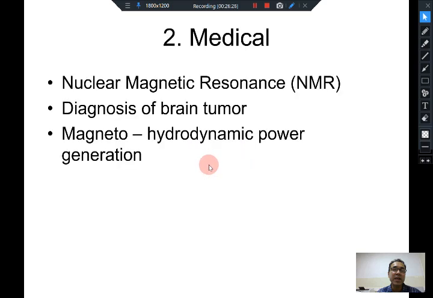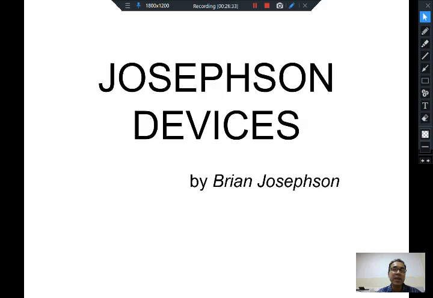So that gives you an overview of different applications, and there is one very important application which uses something called Josephson devices of superconductors. This is a very important aspect of superconductivity, which has numerous and very important modern day applications, which is the Josephson effect of superconductors. And that is something I will discuss in my subsequent lectures.